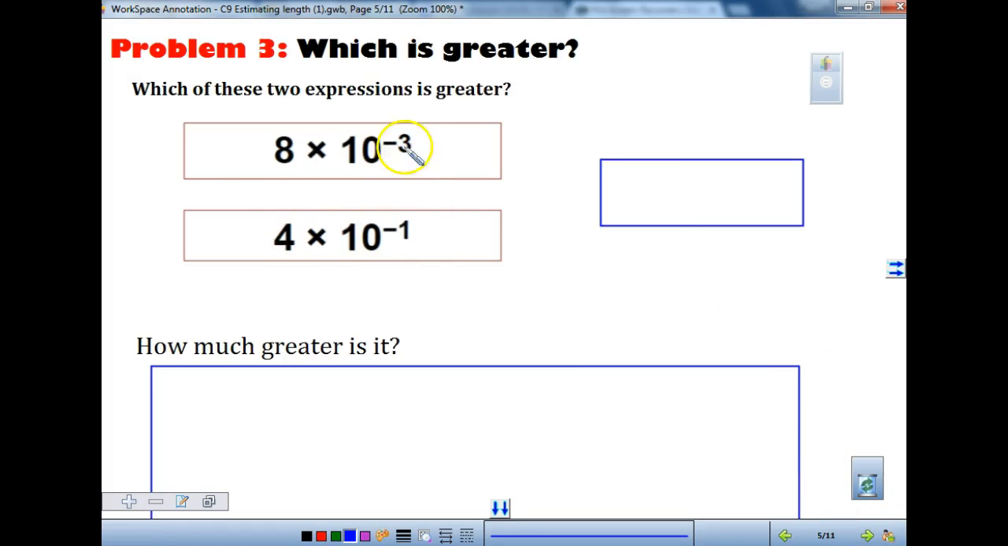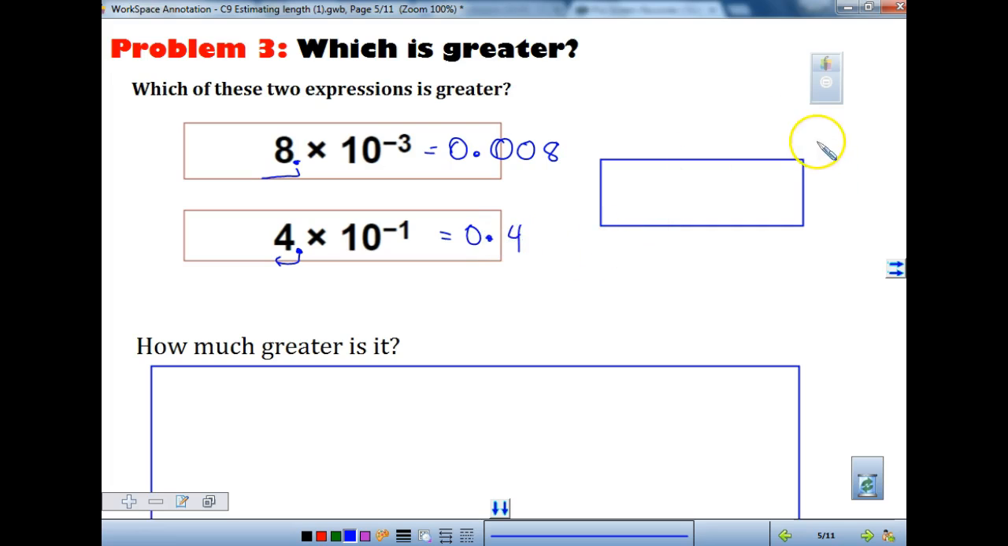This time we're looking at which one is greater. And the next part kind of asks us how much greater. So here we're looking at 8 times 10 to the -3. -3 is telling us to move it over 3 places. So this is actually equal to 0.008. This one is telling us to move the decimal that is behind the 4 1 place to the left, which is equal to